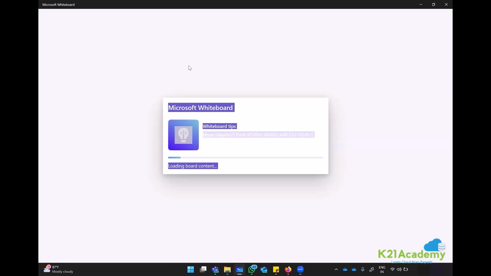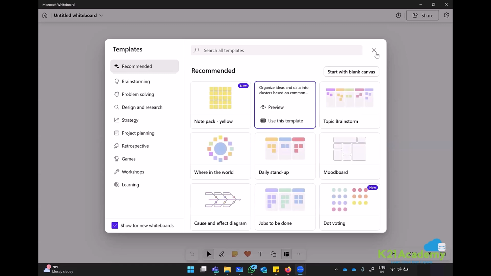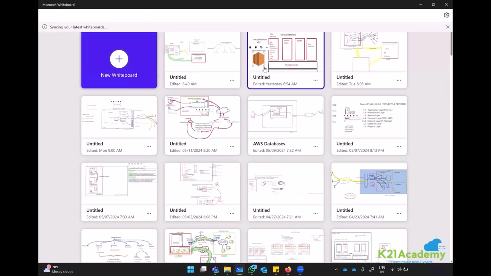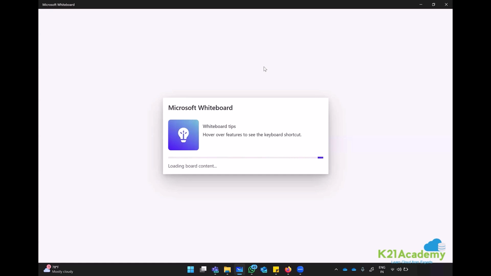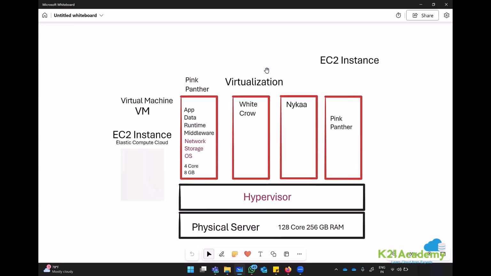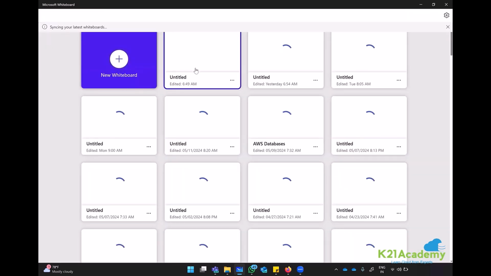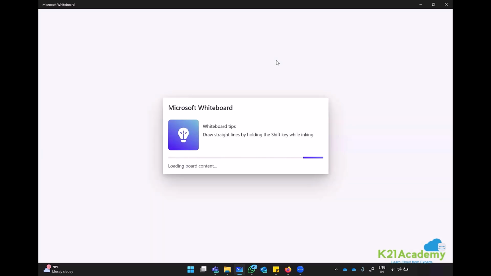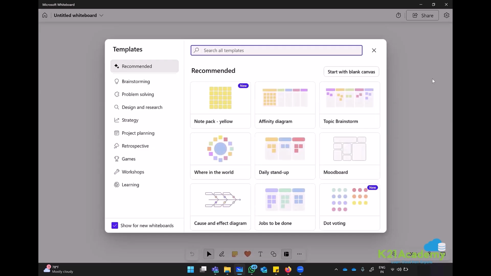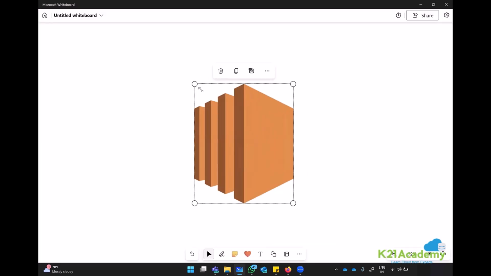Remember, I have told you that whenever you create an EC2 instance in AWS cloud, the architectural diagrams would be using this as the symbol. This is the symbol that we use. So I will use the same symbol in our diagram today. Whenever we are creating the EC2 instance in AWS cloud, please understand where it is getting created in AWS. So this is your EC2 instance,